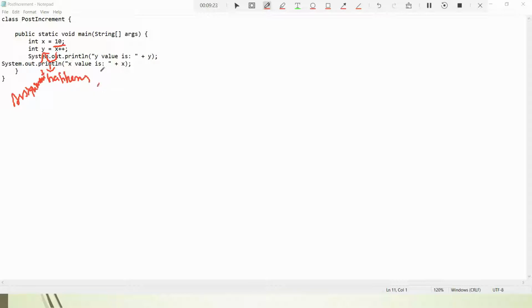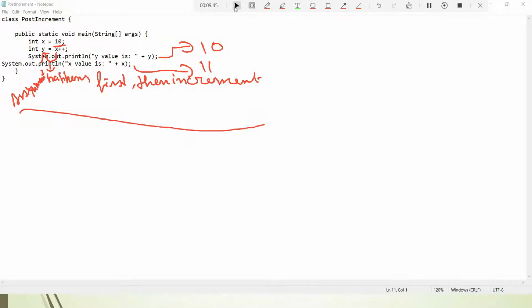Assignment happens first, then the increment. So the value of y is 10 only, whereas the x value is 11. That is the output, and that is the difference here, because first assignment, then the increment. This is the logic.